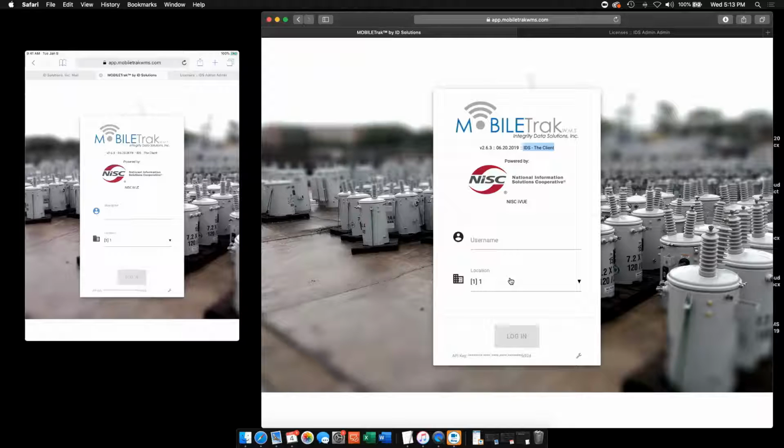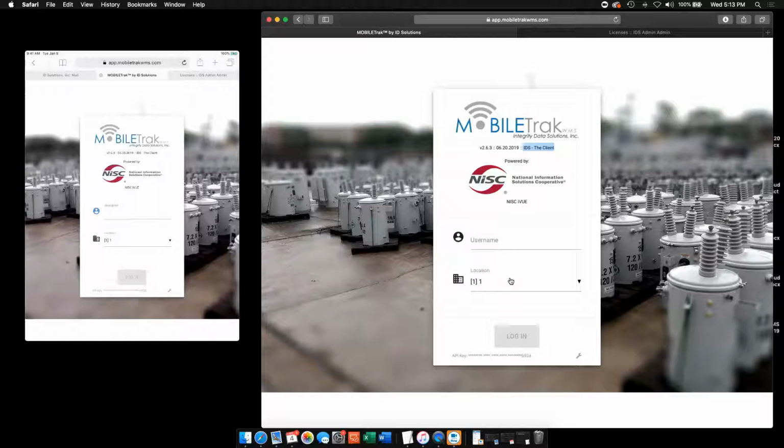Data, and how we exchange data back and forth, is handled one of two ways. We can process transactions on MOBILETrak, and then when you submit them, they go automatically real time into iVue, and then they sit in an unposted transaction queue, and then someone can review them and make sure everything's right, and then submit them. Or we can set it in iVue to post those transactions automatically. Most of our customers do that automatically, but we have a few that want to review the transactions before we actually post them. It's totally up to you,